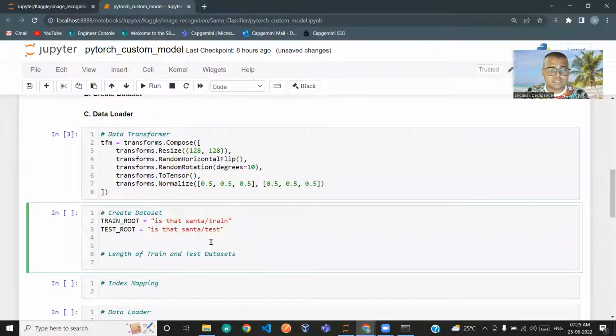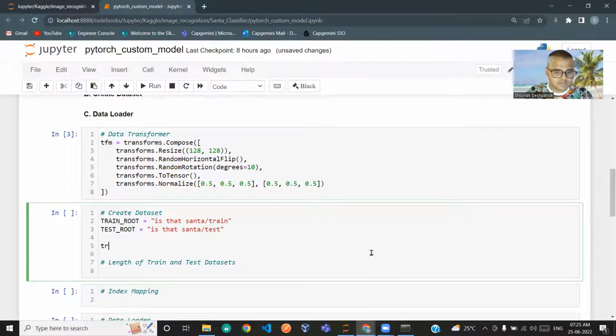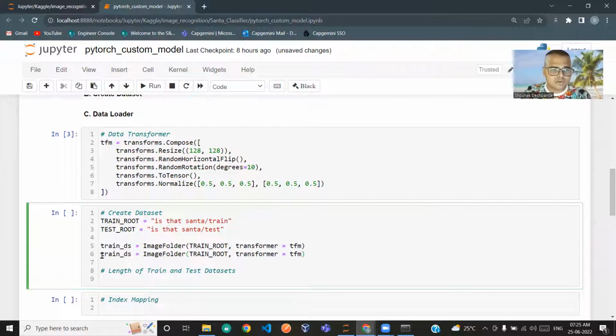Now let us create the data sets. So train images is kept in this particular path and test images is kept in this particular path. So let me just immediately create the data sets. Train ds equal to image folder, and here I will pass in the path, and then transformer object, transform equal to tfm. Similarly for test,